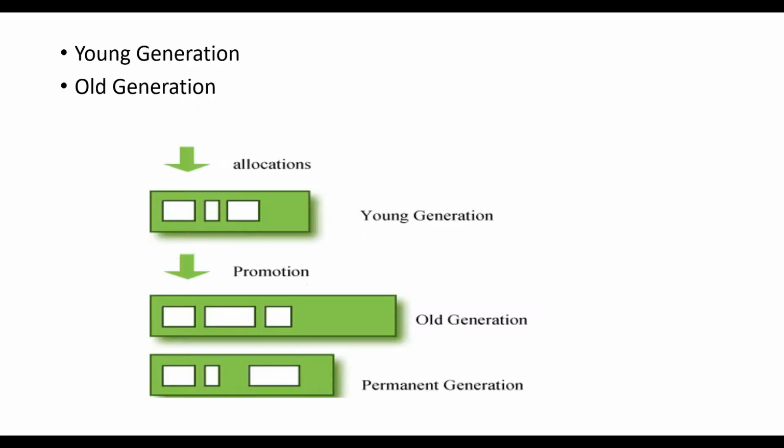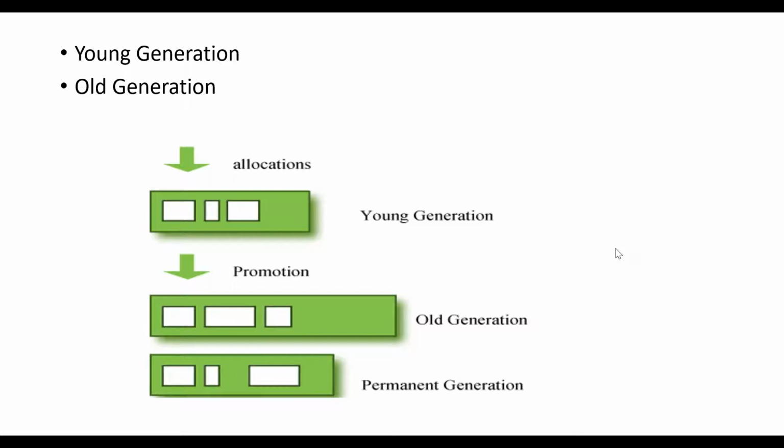Now, we already saw in the last session that our heap area is divided into two sections. One is your young generation, and another is your old generation. So how is the object allocation going? The young generation, as the name suggests, is young, right? The objects inside the young generation are newly created, newly born. So these objects will be there in the young generation.